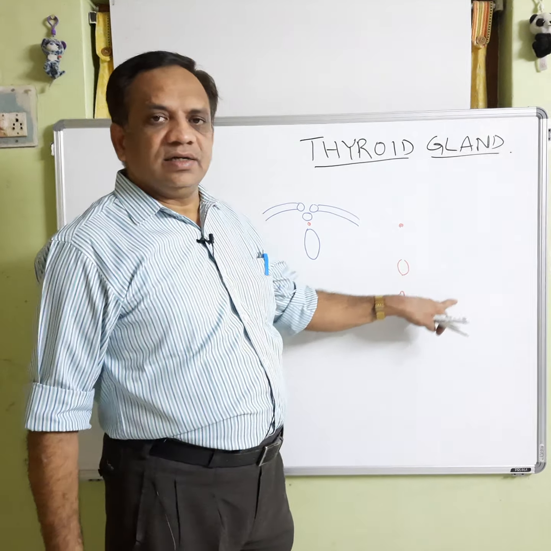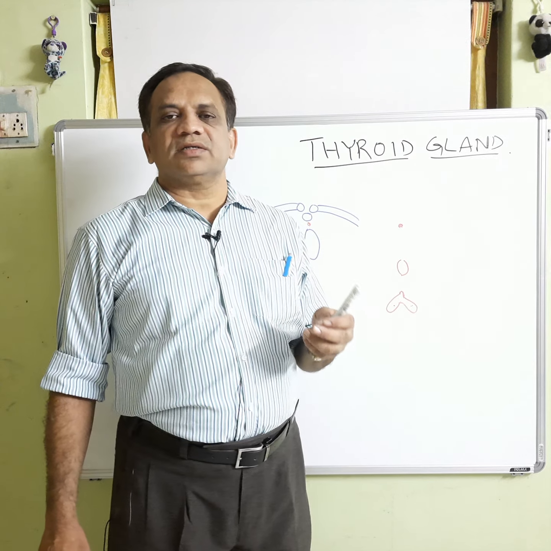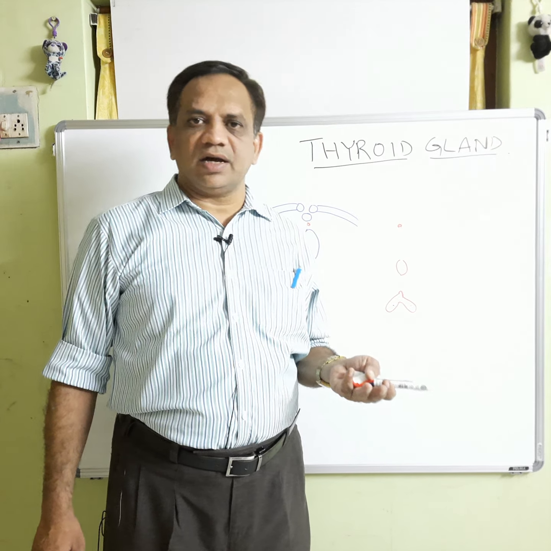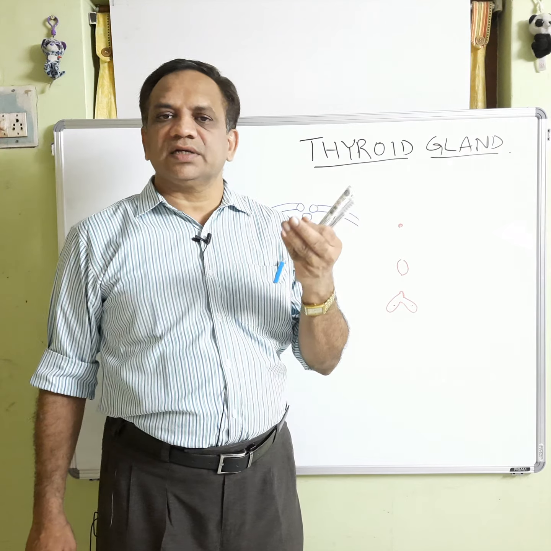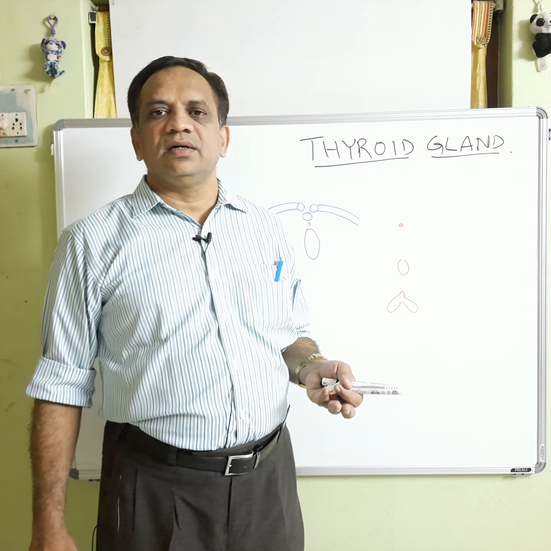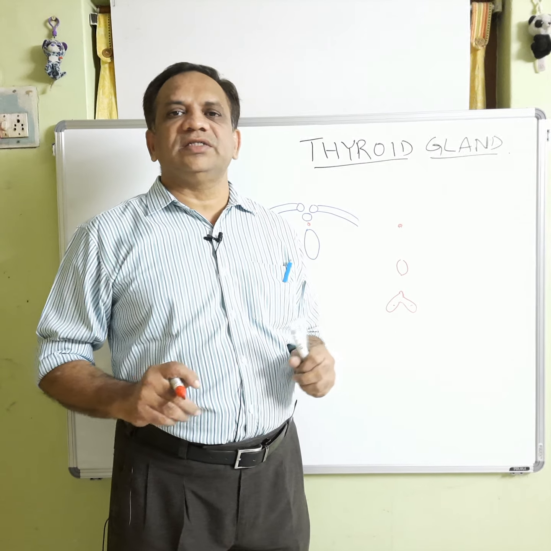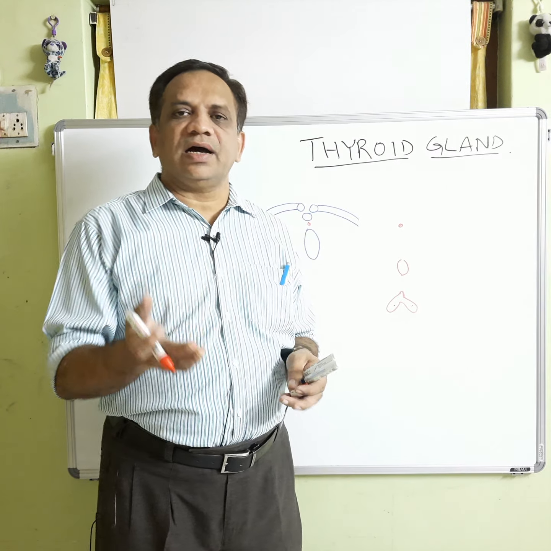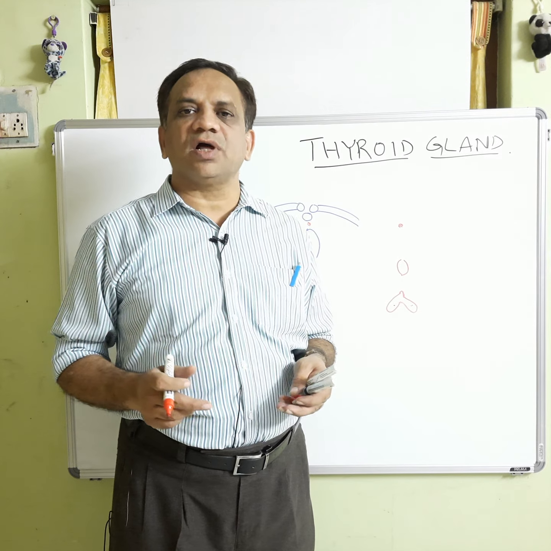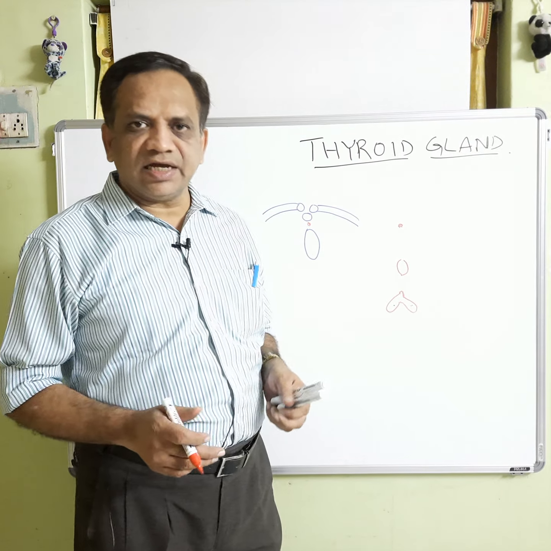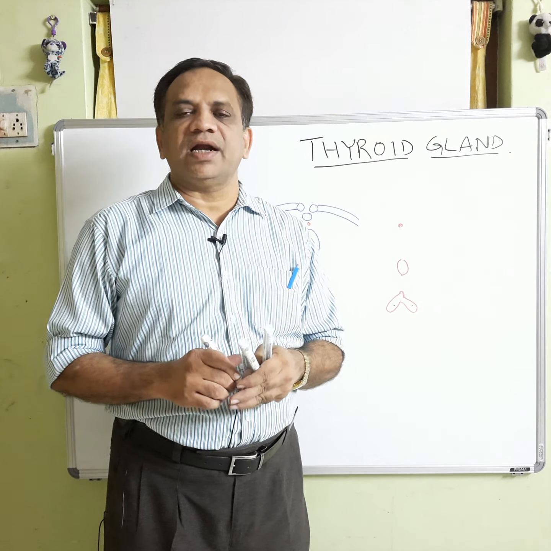If the swelling in the thyroid gland is called goiter, it may be due to over function of the triiodothyronine or low function of the thyroid gland. That is, if it is functioning more, it is called hyperthyroidism, and if it is functioning less, it is called hypothyroidism. So, hypothyroidism causes obesity and puffiness of the face, and the hyperthyroidism causes exophthalmos and goiter. So, these are the defects present with the thyroid gland.